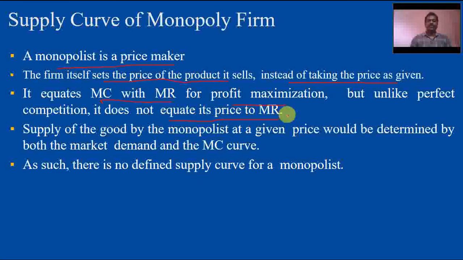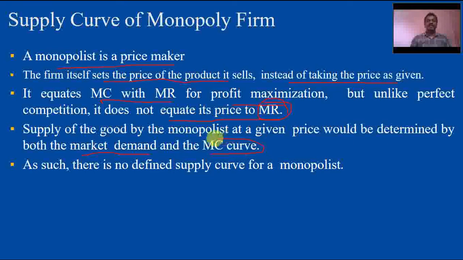Now here, what happens in perfect competition: MR equals AR equals MC in the long run. Even in the short run, AR equals MR. But it is not like that in the monopoly market. The supply of the good by the monopolist at a given price would be determined by both market demand and